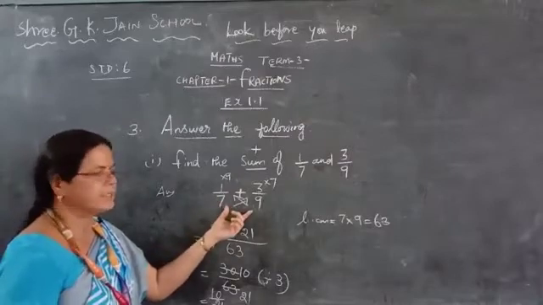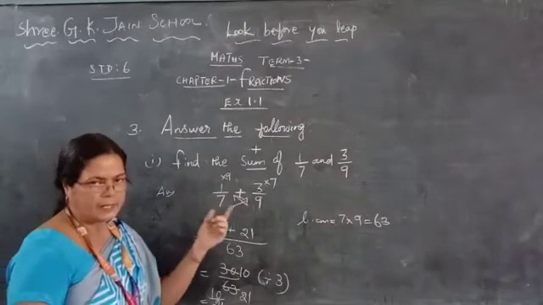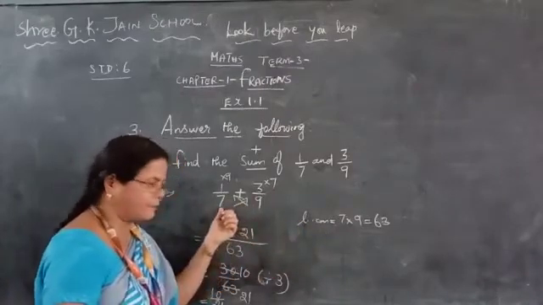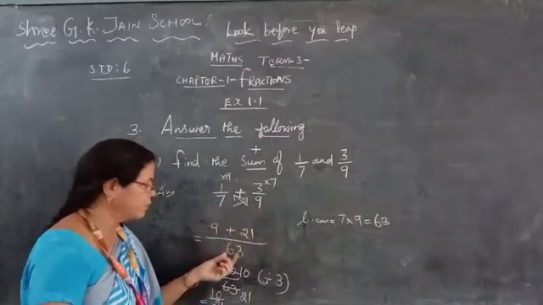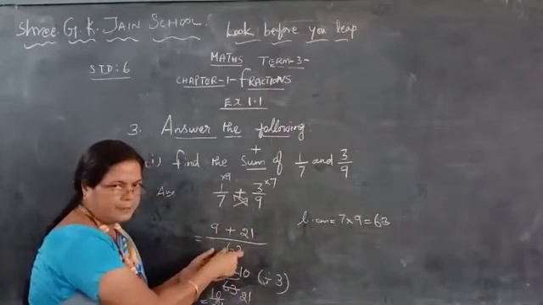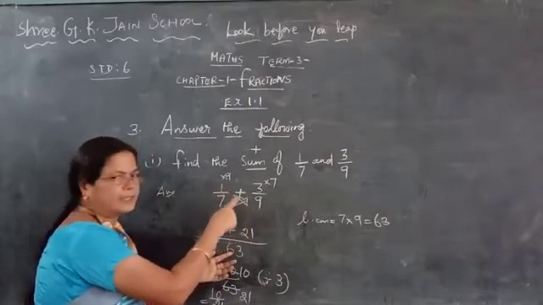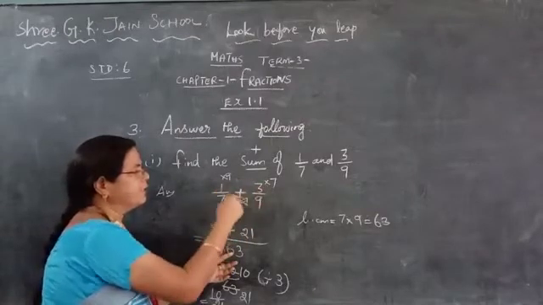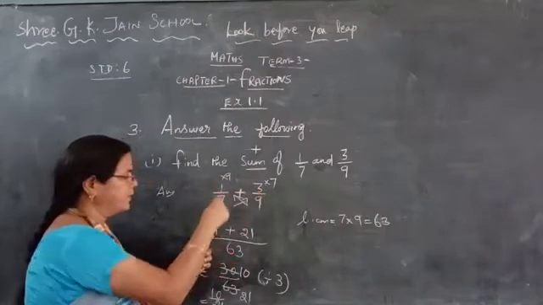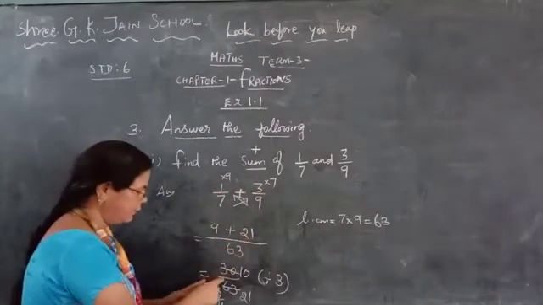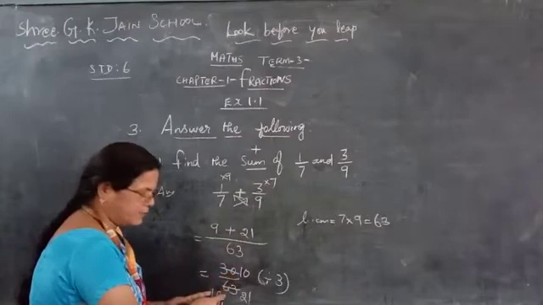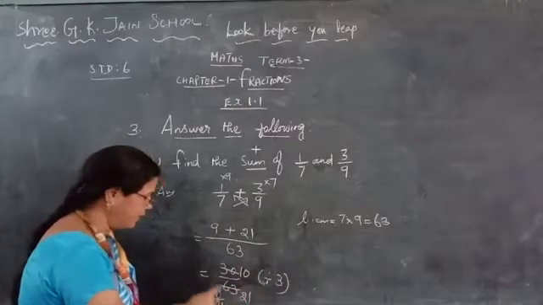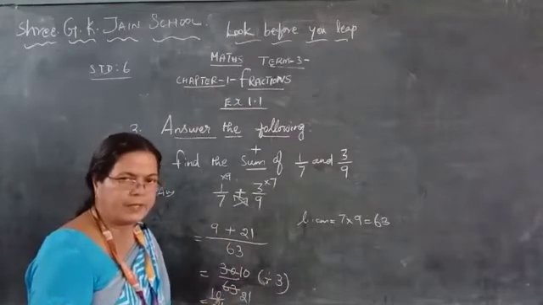If the denominators are different, we call that unlike fractions, isn't it? Now take the LCM, because here 7 is a prime number, so directly we can multiply. While multiplying, you are getting the same denominator. Then take the cross multiplication. While cross multiplying, this is into 9 and this is into 7. Now you are getting 1 9s are 9, 3 7s are 21. If you add, you will get 30 by 63. Select the table, both numbers go by 3 table. So if you cancel, you will get 10 by 21. Okay.